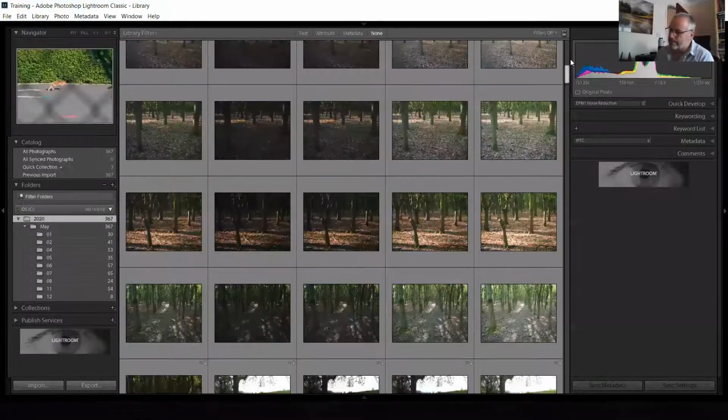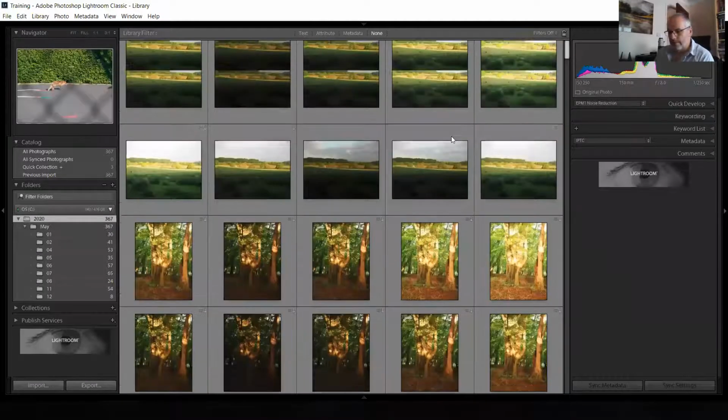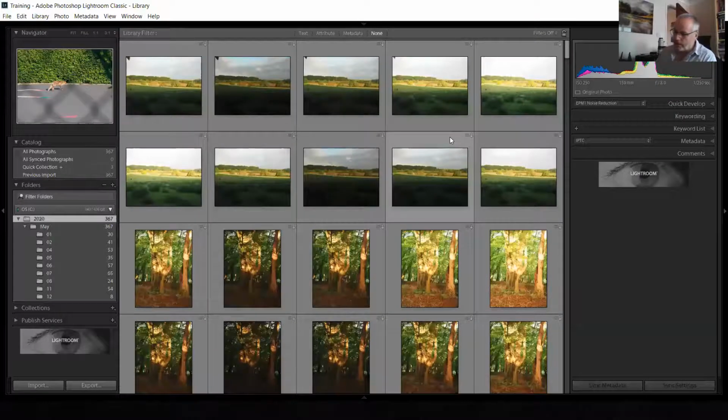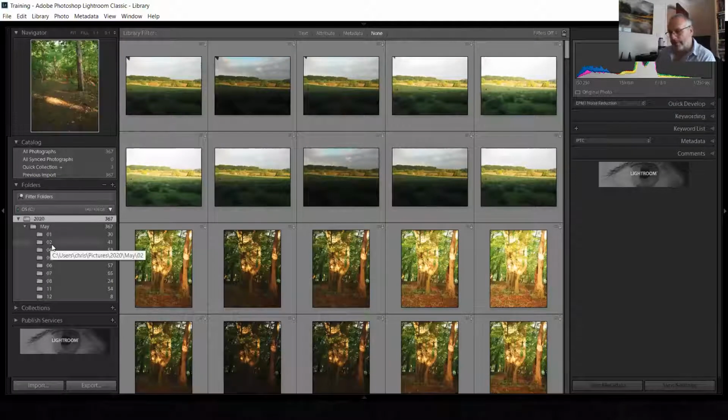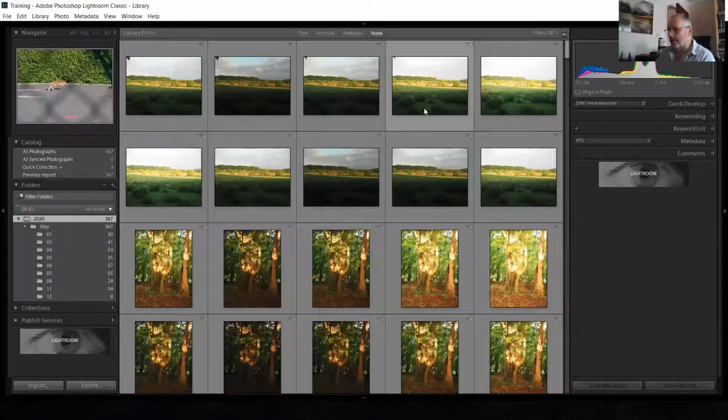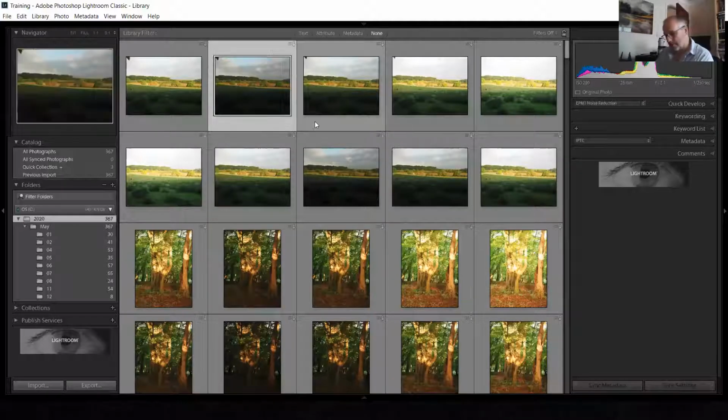So last week we looked at how your images live in folders on the disk, but we can also find other ways of organising them by giving them, say, a star rating of 1 to 5. We can also use